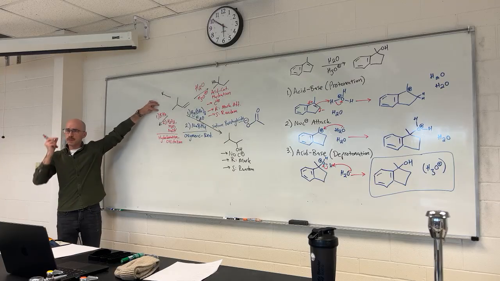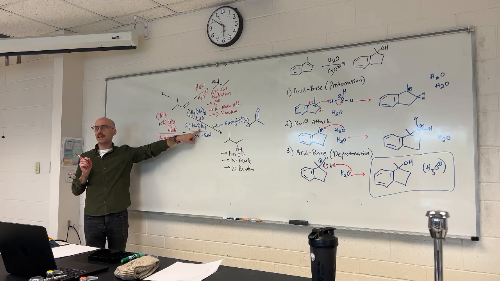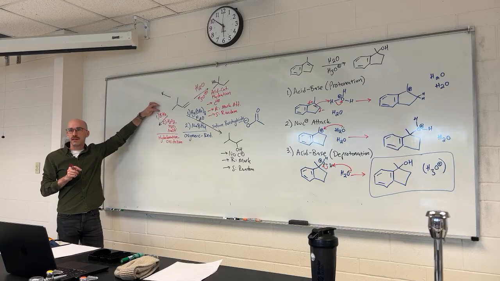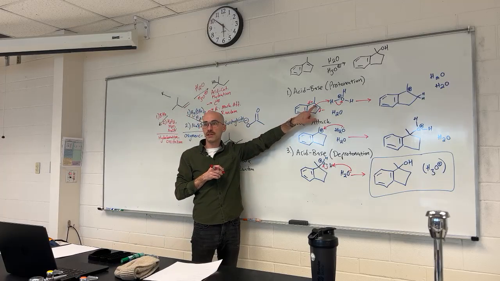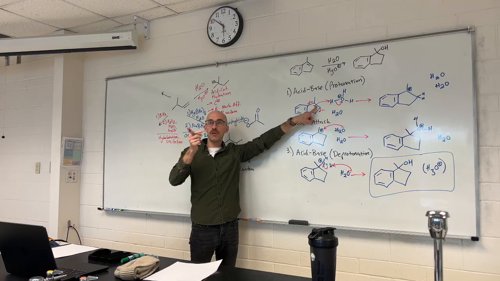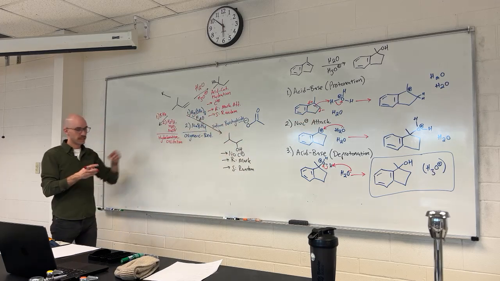This is borane, BH3. And for the same reason that borohydride is a source of H minus, borane flips the partial charge that we're used to on hydrogen. Hydrogen is more electronegative than boron. So hydrogen takes the partial negative. And as we know, partial negative determines the regiochemistry. A partial negative will go to the more substituted. A partial positive will go to the less substituted. This is going to flip on its head